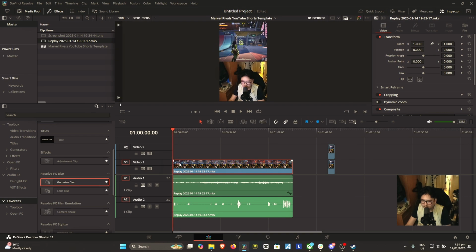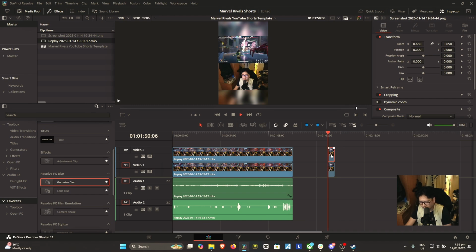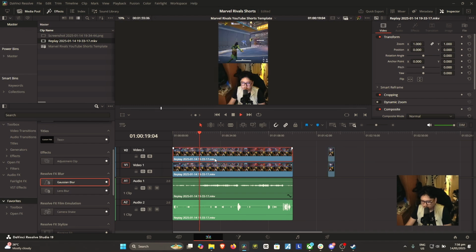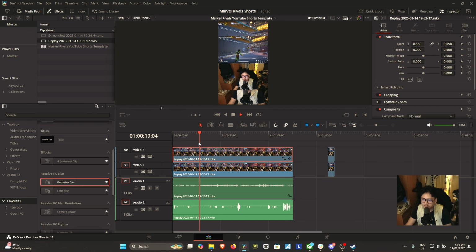So let's duplicate this video layer again. So let's copy the attributes from this frame. So what I do is I hit Control C and then Alt V. And then let's see, make sure that I guess everything should be checked. Okay, what do we uncheck here? Oh, we removed the retime effects. Uncheck this. We're just after the video attributes. So when you hit apply,